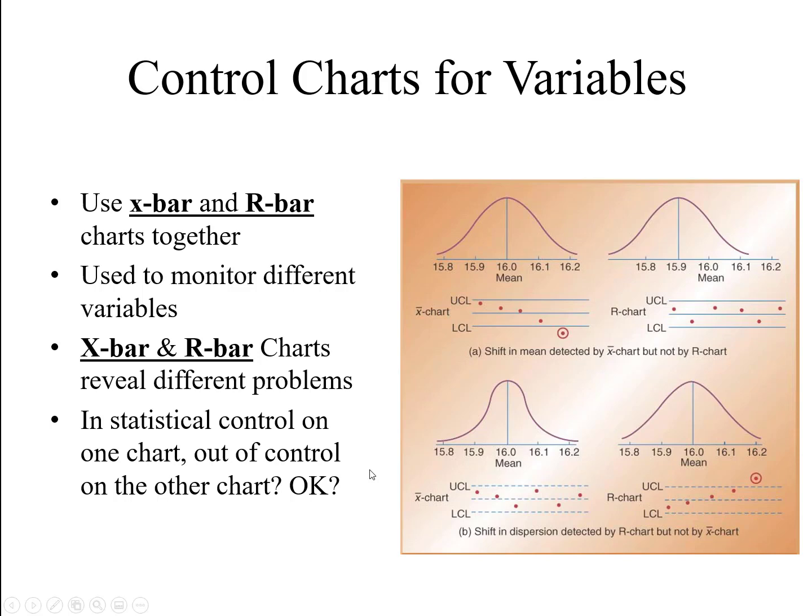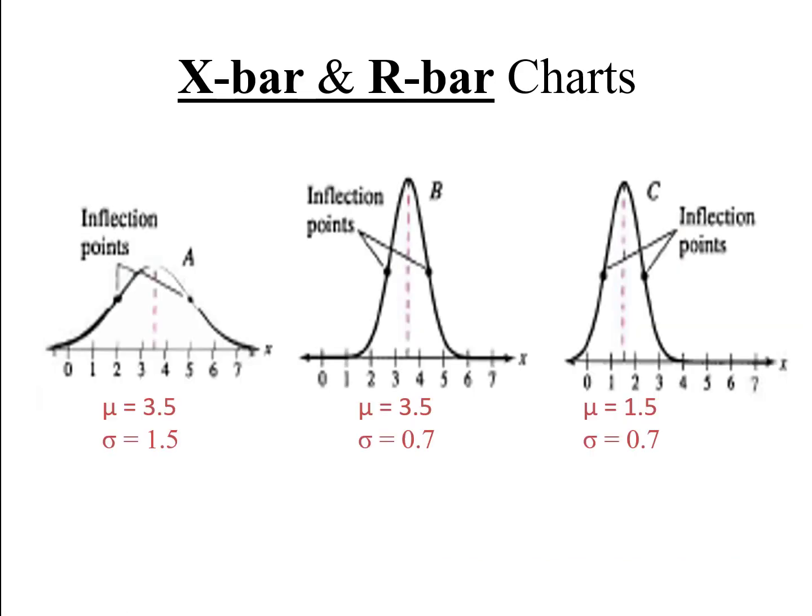So now, in order to further clarify it, I'm just going to show you some more visual figures in order to understand. So you can see before, the mean was 3.5 and the standard deviation was 1.5. In this one, the mean is 3.5, but the standard deviation has changed. So the mean of this one and the mean of this one are the same, 3.5 and 3.5, but the standard deviation differs. So you can check the behavior of the data. There is too much dispersion in this one, but because it's going to the peak, it's a platykurtic type of distribution, but this one is a little bit more dispersed.